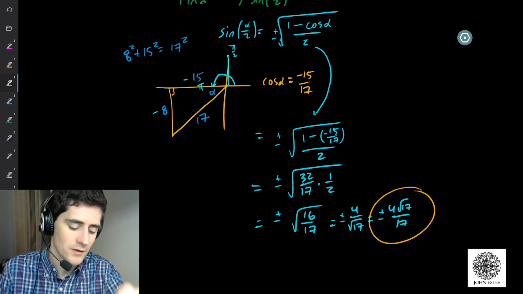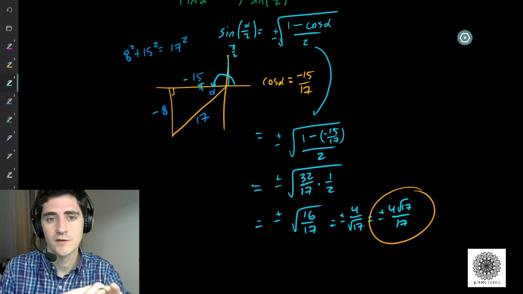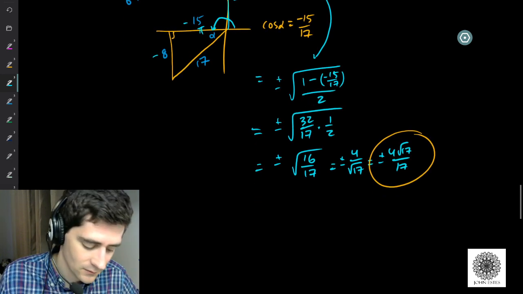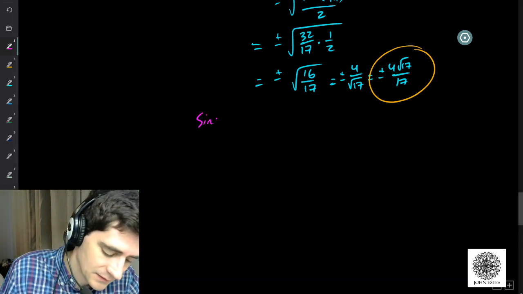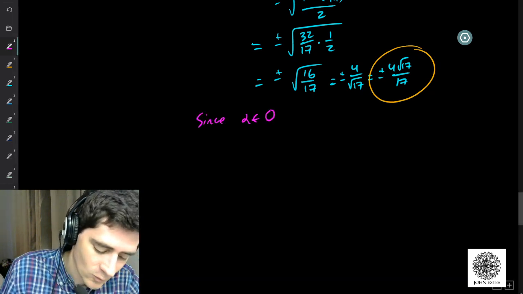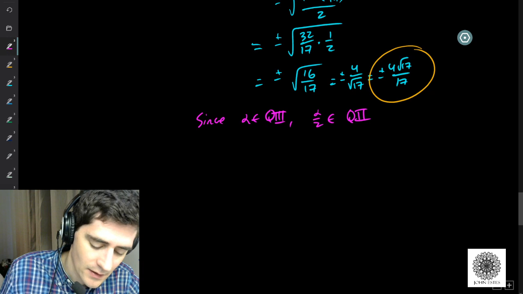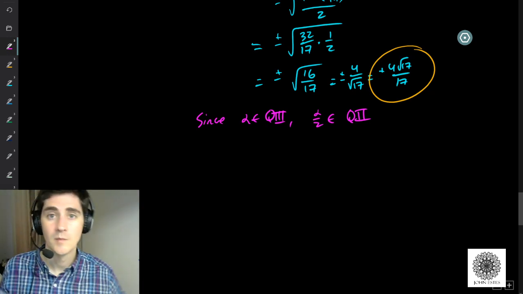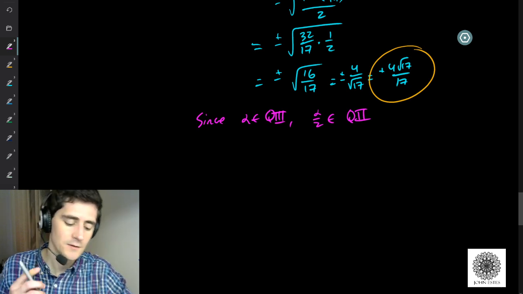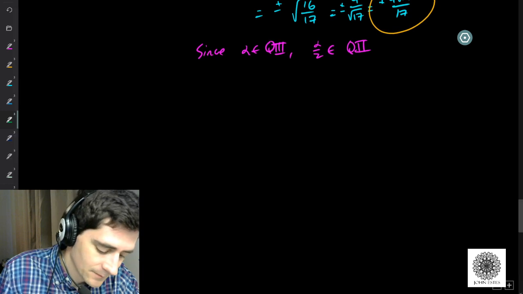But the third quadrant angles are too big to halve and still be in the first quadrant. So I know we can reason this out. Since alpha is in quadrant 3, alpha over 2 has to be in quadrant 2. And so for that reason, I know that sine is going to be positive and cosine is going to be negative. So when I look at cosine,